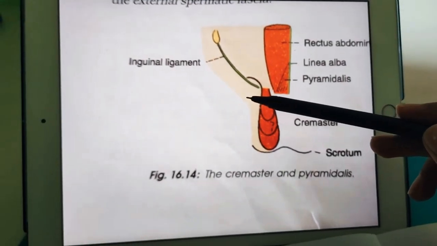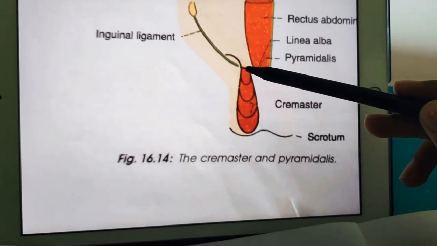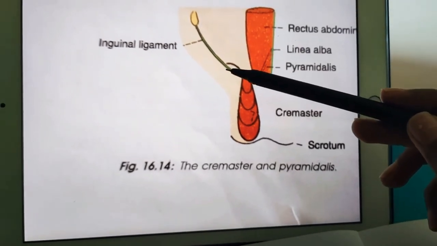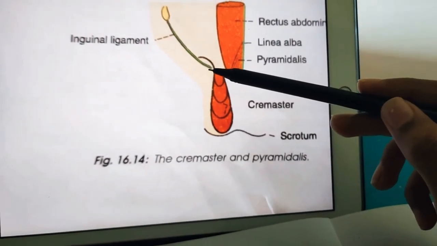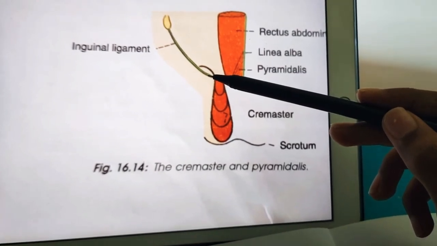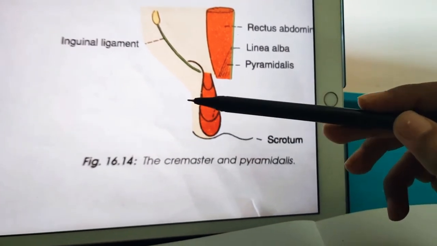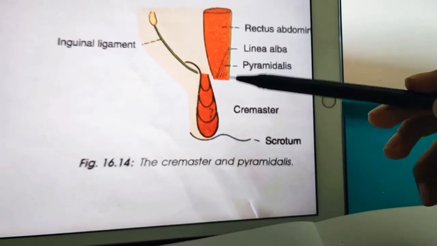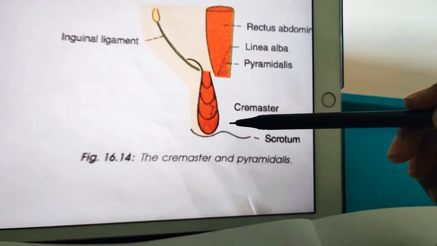You can see here will be the pubic tubercle, and somewhere over here will be the pubic crest. So this loop of cremaster muscle is attached to the pubic tubercle, pubic crest, and the inguinal ligament, and also sometimes to the conjoint tendon, because the conjoint tendon also will be here. In turn, the conjoint tendon contains the aponeurosis of the internal oblique muscle and also the transverse abdominis muscle, right? This muscle is fully developed only in males, and in females it is represented by few fibers. So the cremaster muscle is present more in males because more fibers are present, but in females there are fewer fibers, so it's not so developed.